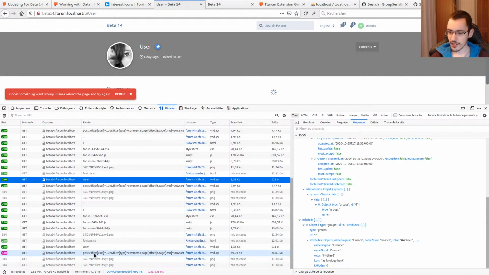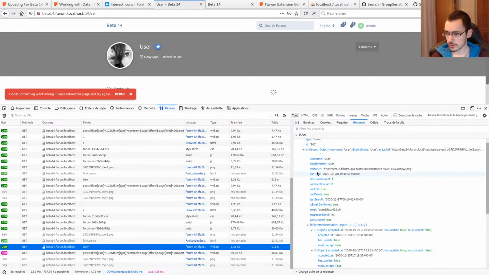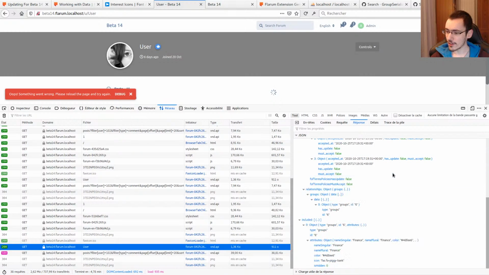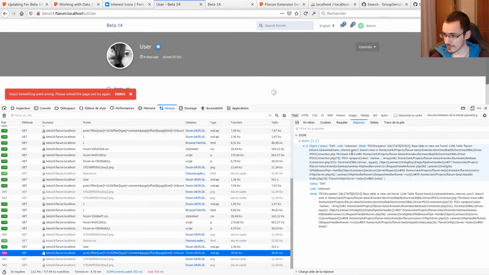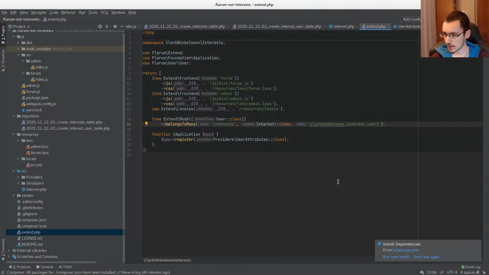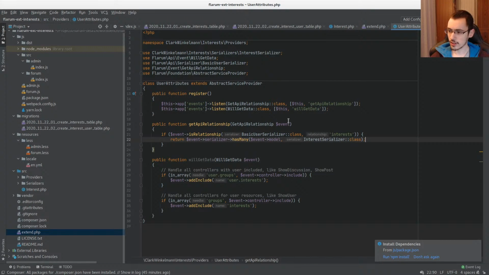So there is an error, but the error is not on the user request. There is an error, but it happens here. So it works to some extent because it works here, but it does not work here. So the relationship is not called. That's a bit strange because